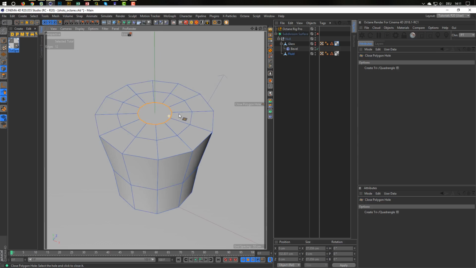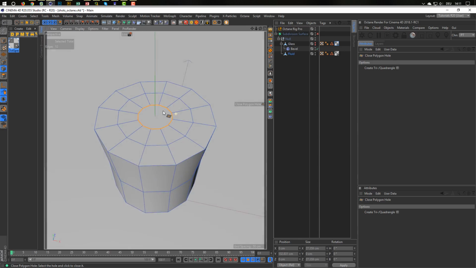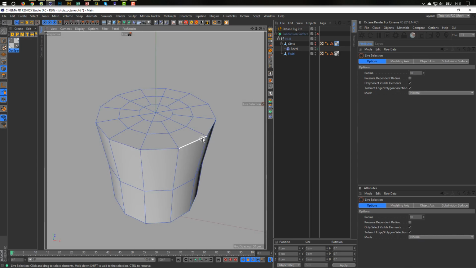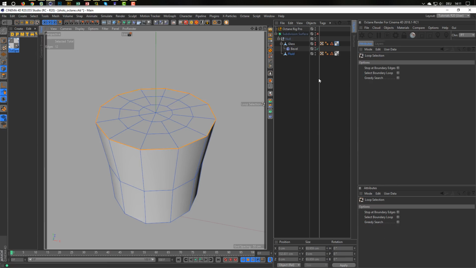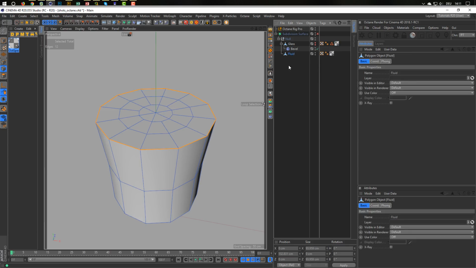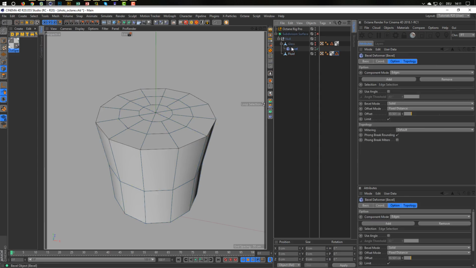MD for close polygon hole, and here we make again just our cuts with KJ, KK, KK here, KK here, and KK here. Boing. Just good. And we need a little bevel around here. So UL, and again here I delete this edge selection and make a new one. So I have selected this, set selection,